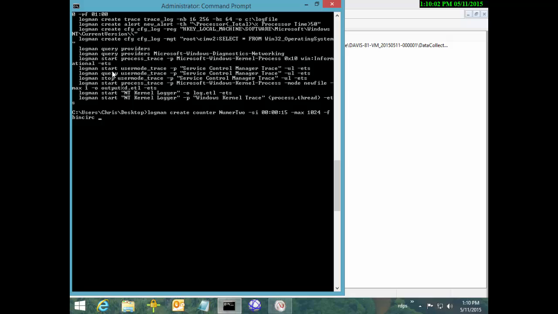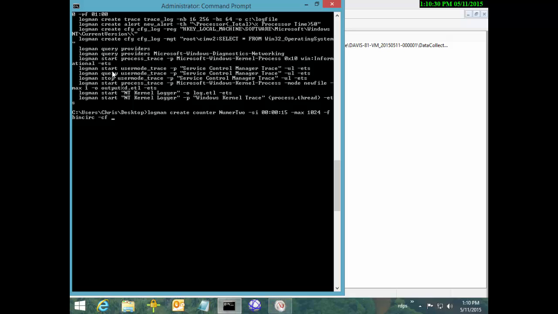You could literally do a Logman create counter and then give it a name and hit enter, and it creates one. It wouldn't have any counters in it, or any of the other little things we put here. But with just that minimal amount of information, you can create a counter set from the command line. Okay, so the biggest piece here is, where do we get our counters? So we're going to do a counter file, -cf, and then we're going to pipe in that